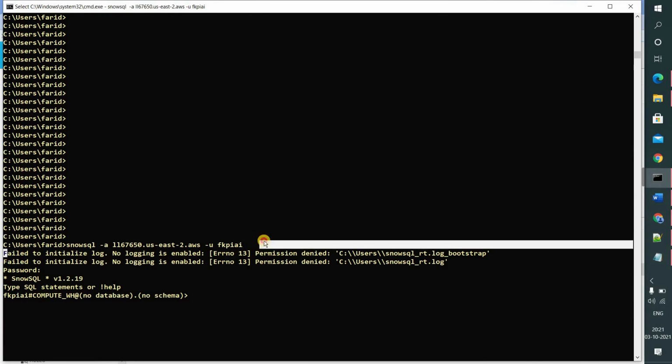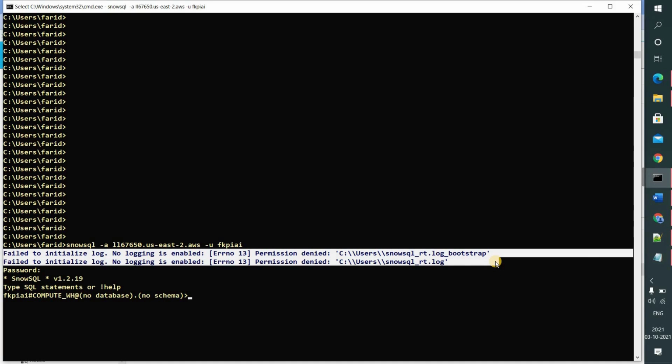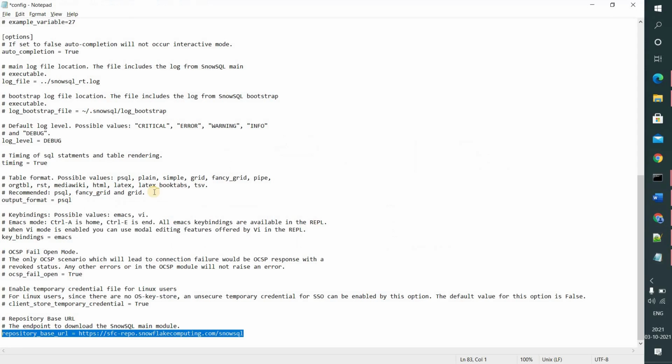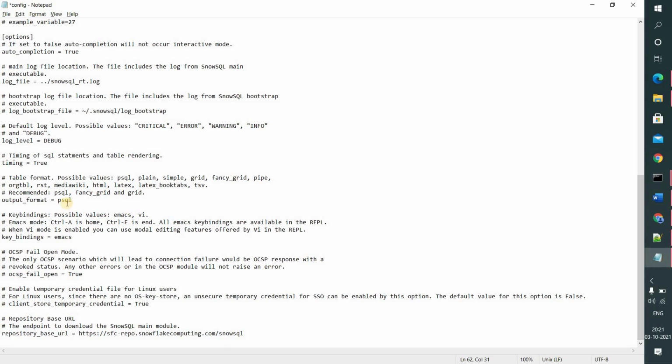Do you know why these two warnings are coming? Because we did not set the path for Snowflake CLI logging. So how to do that? Let's go to the configuration file. So here is the place. Here we need to provide the path where you want to keep this file.